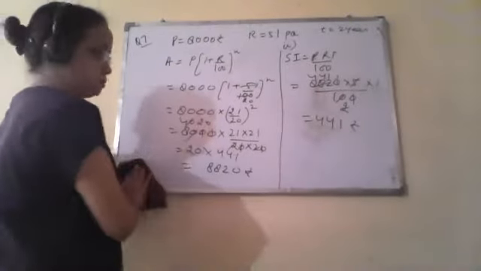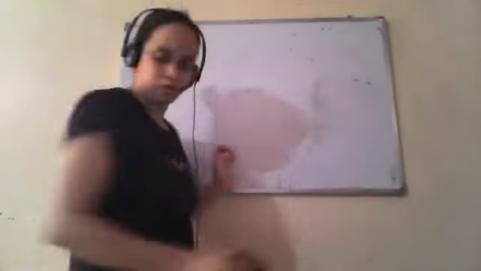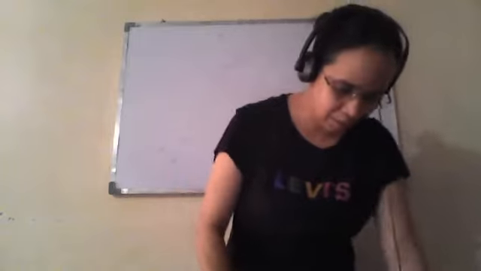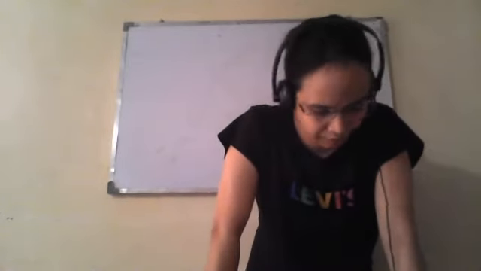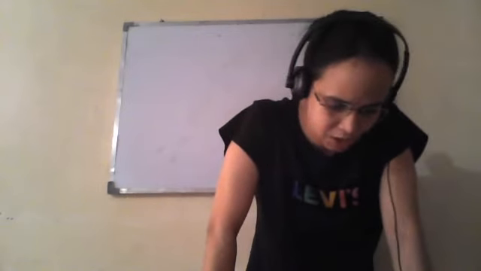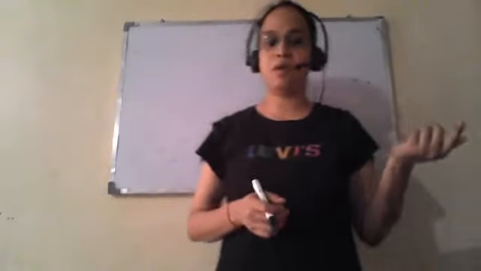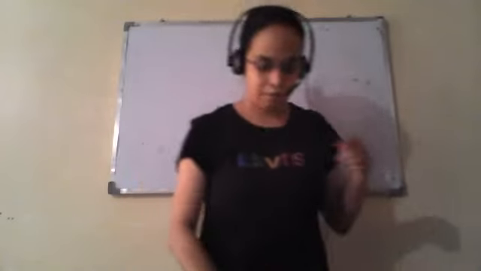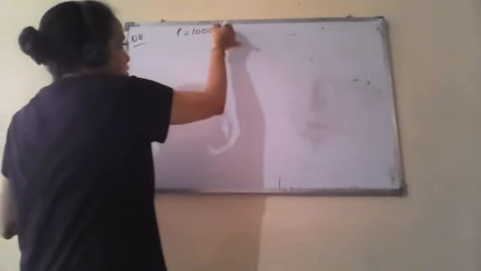Now next question. I hope this is clear. Question number 8. It says find the amount and compound interest for rupees 10,000 for 1.5 year at 10% compounded half yearly. Would this interest be more than the interest he would get if it is compounded annually? So we will calculate when the interest is compounded annually and when it is compounded on a half yearly basis. The principal is 10,000 rupees.